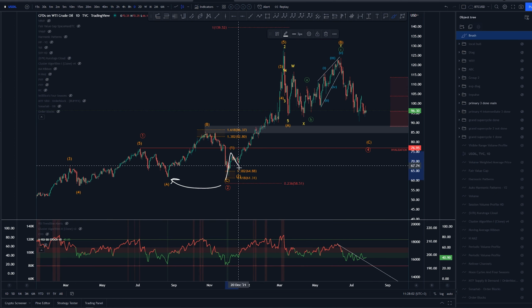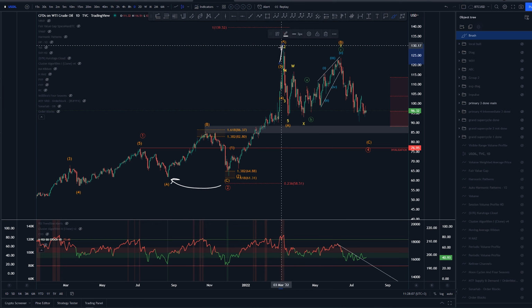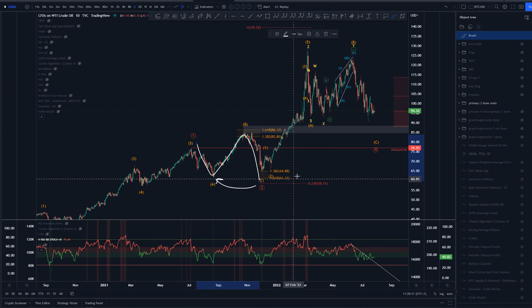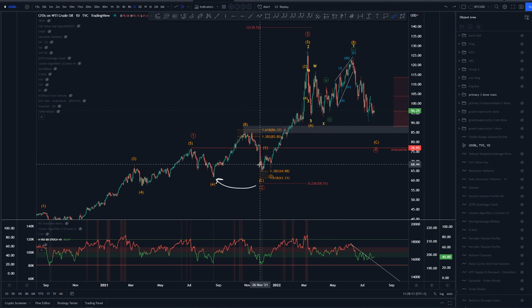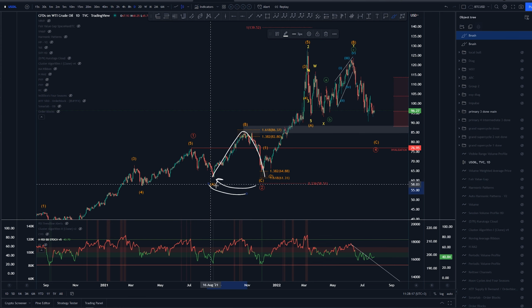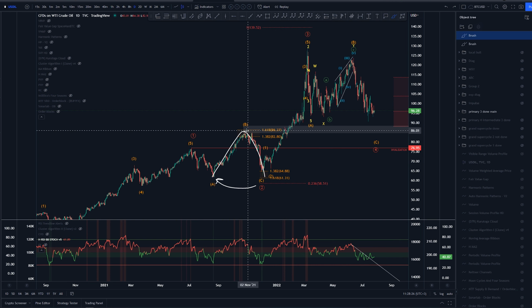After that, we would have this as a 1, 2, 3, 4, 5. On lower time frames, this 3 and 5 has a divergence, so that would make sense. And the reason why I wanted to have this as an ABC into wave 2 is just because if we have this as a wave 1, 2 here, and wave 2 of primary would be on these lows, there would be really no relationship or no correlation between this wave 2 here,